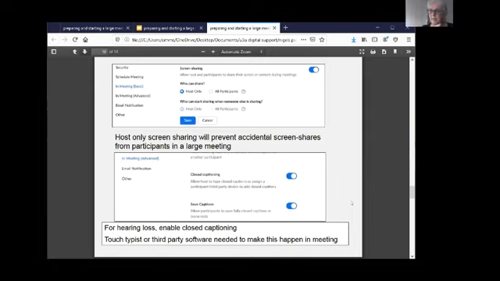So when you've enabled closed captioning, what you then have to do is manacle a stenographer to a desk, which is always one option. Or you may have a very friendly stenographer, a touch typist who wants to do the job for you. That's fine. You can buy one in at a great deal of money, but you need somebody to either type what is heard, or you can acquire third-party software that will plug in to your Zoom account.